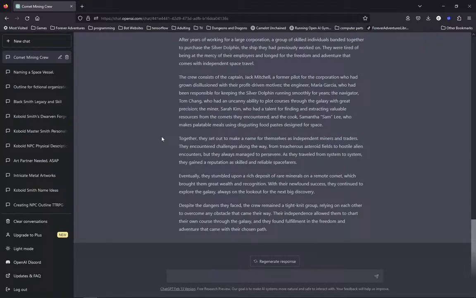So yeah, I'm going to take some time offline. I'm going to get the rest of that stuff done. I'm going to get that published as a short. So Paul, thanks again for stopping by. Great idea for the name for the ship, the Silver Dolphin. That was way better than Comet Catcher.